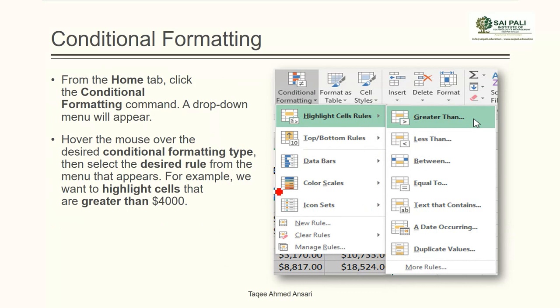and then from the Home tab, in the Styles group, we have this Conditional Formatting command, and it's a drop-down command. When you click on it, you will see different options, so you can choose what you want to do. We want to highlight cells, so we will select Highlight Cells Rules. When you hover the mouse there, it will show you these different options. You want to see greater than, less than, between, equal to, text that contains, if your data contains text, date, then you can select the date, or if you want to highlight duplicate values. In my case, I want greater than, so I'll select Greater Than.